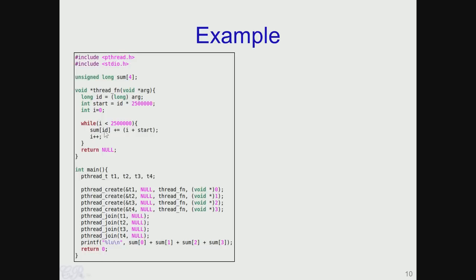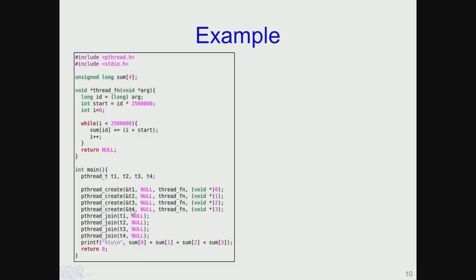Similarly, sum[1] will have the sum of the numbers from 2.5 million to 5 million, and this sum[1] is filled by thread T2. In a similar way, sum[2] and sum[3] would have the corresponding 2.5 million sums, and they are filled by